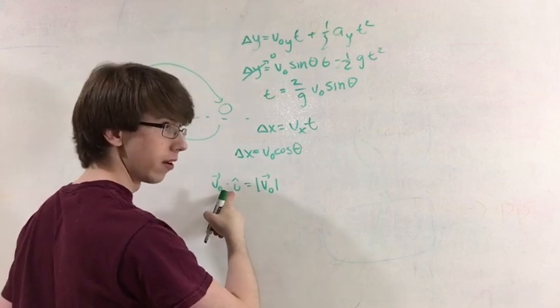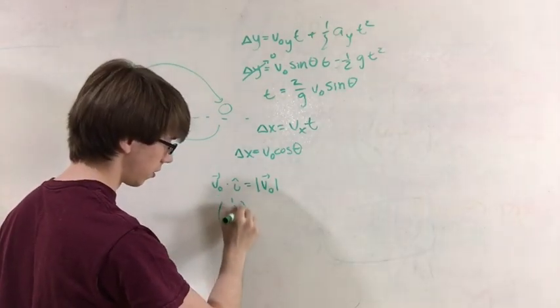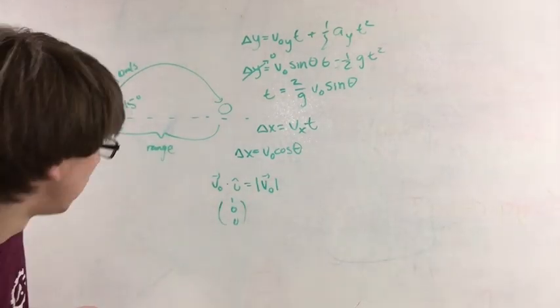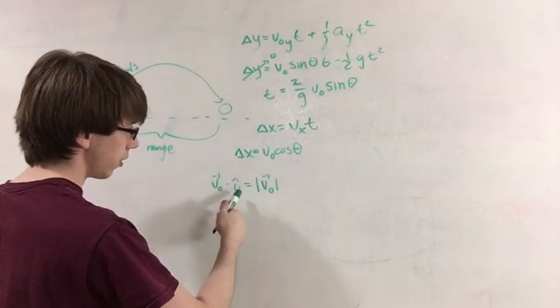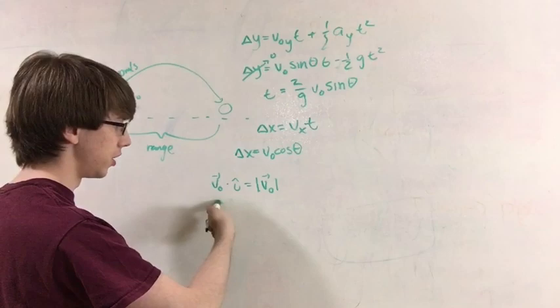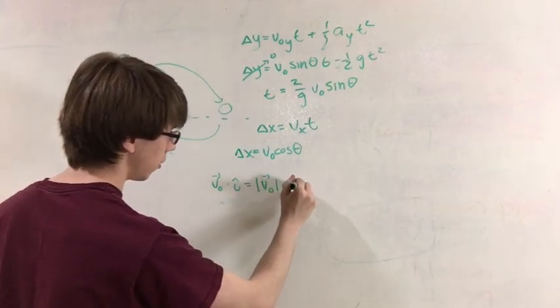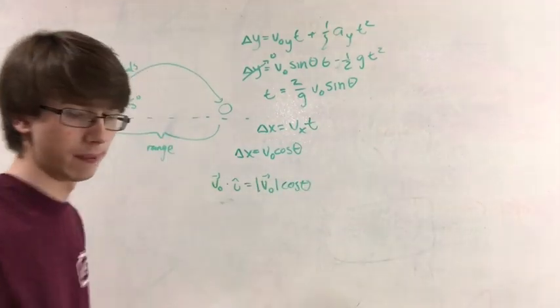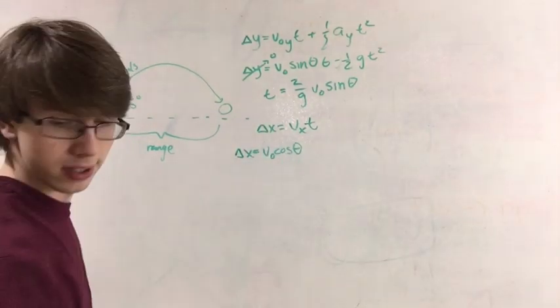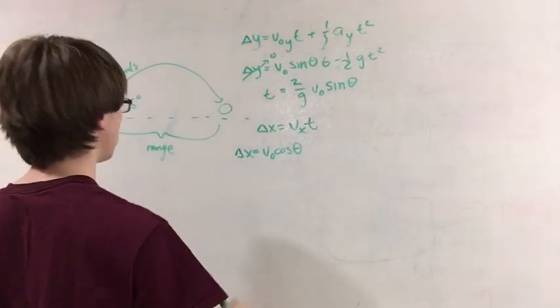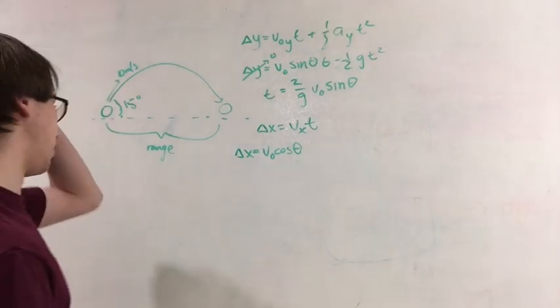That's just 1, because it's 1, 0, 0, however many dimensions you have in your system. So that is always going to be 1, that's a unit vector, and then times cosine theta, which is the angle between those two vectors, which is how we derive this. V naught cosine theta